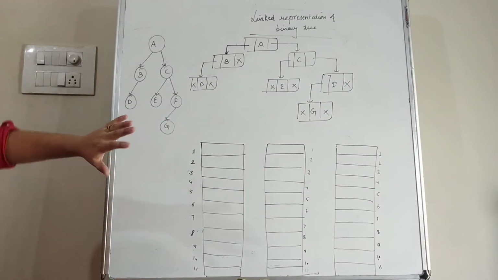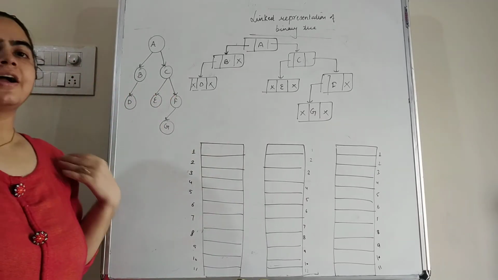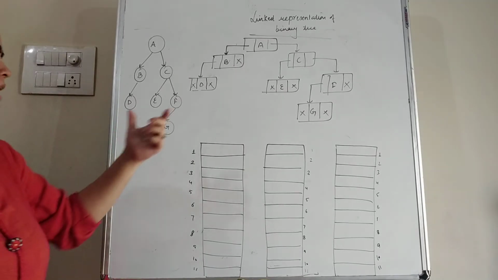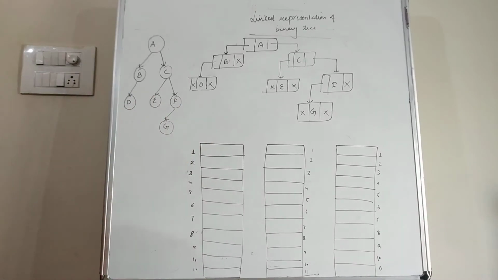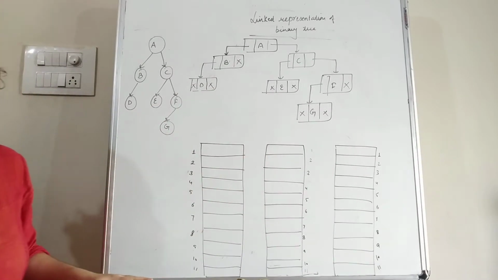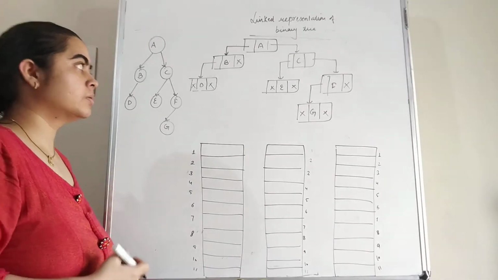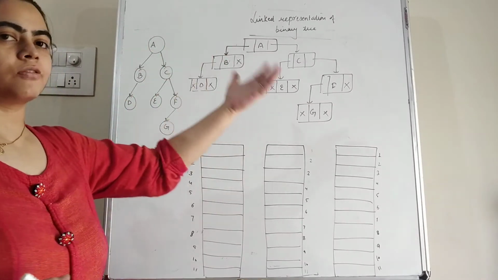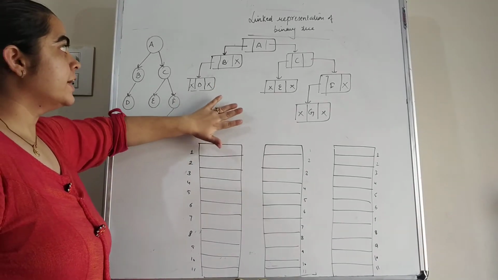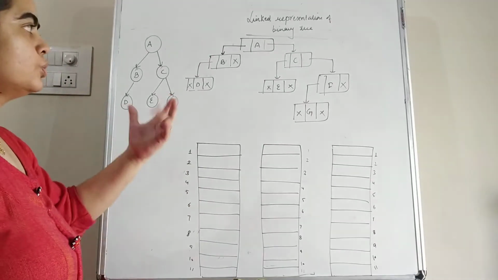So students, this is a two-way list, which means there are pointers on the left side and on the right side. This type of linked list is known as a two-way list. The earlier linked list that we studied is a one-way list, because there is only one pointer on the forward side, but no backward pointer. But in this case there are forward as well as backward pointers.